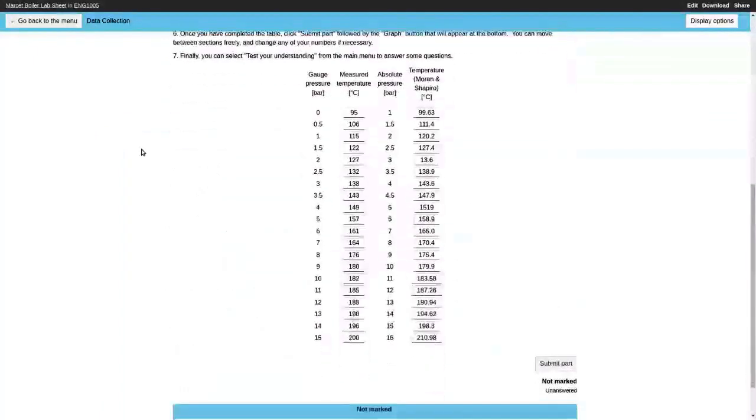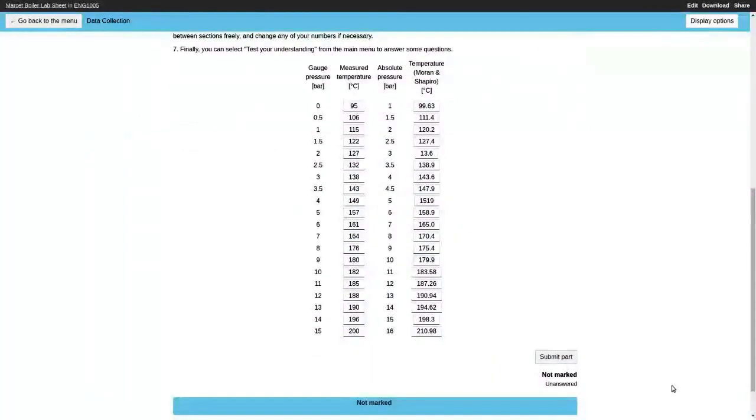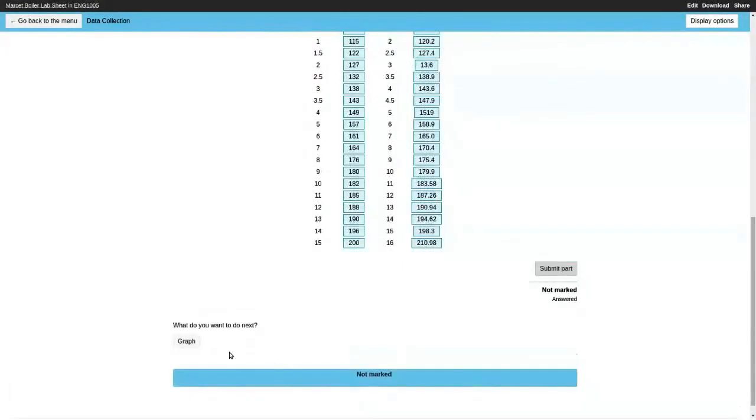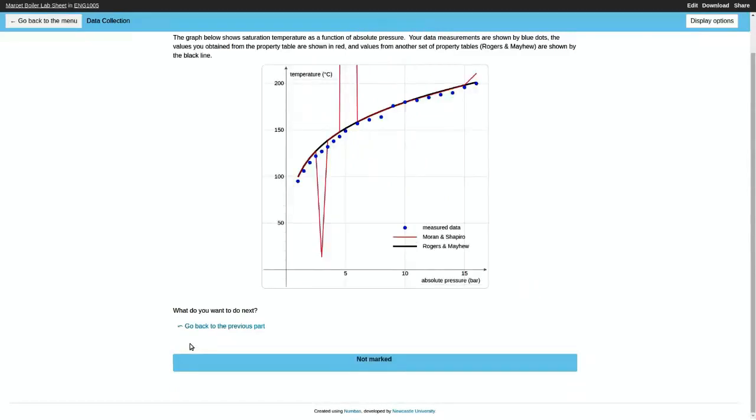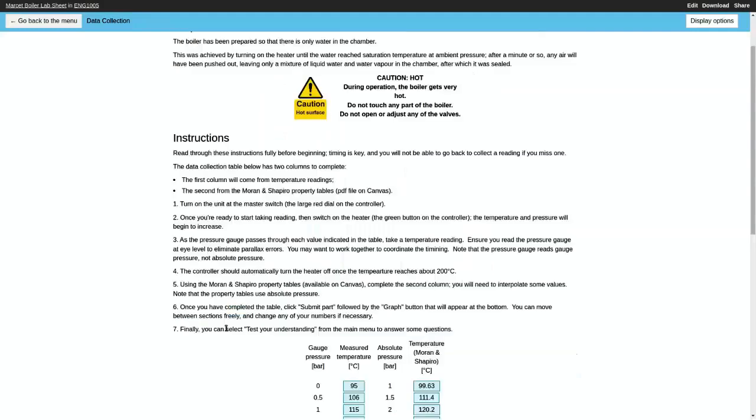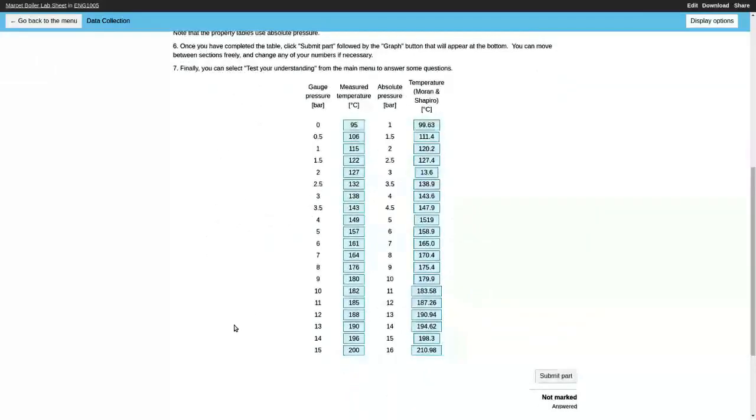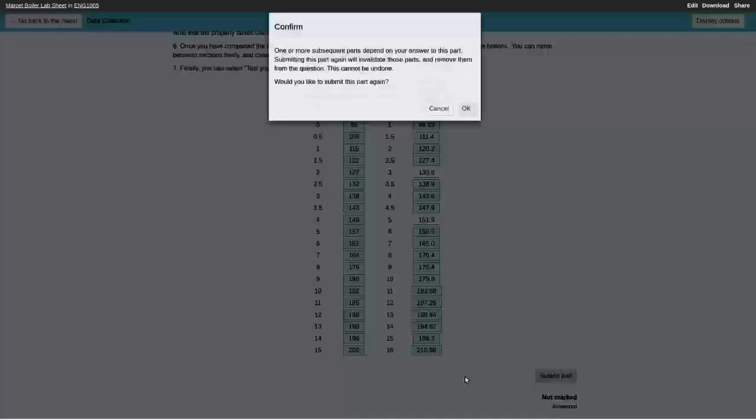Here I've completed the tables already, and then as we submit, then we get this option to plot a graph. Here we can see there are data points that are clearly broken, so we can go back and amend these numbers. So here I've missed a digit, here I've missed a decimal place. I can resubmit these numbers